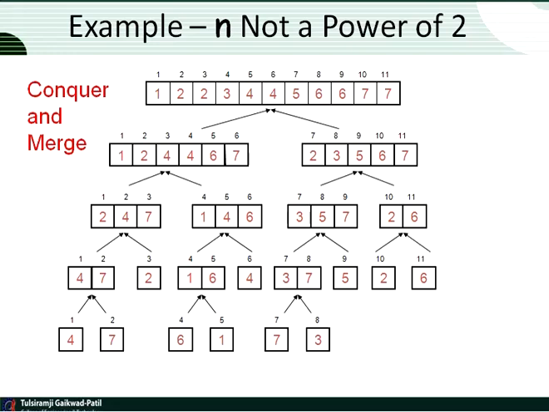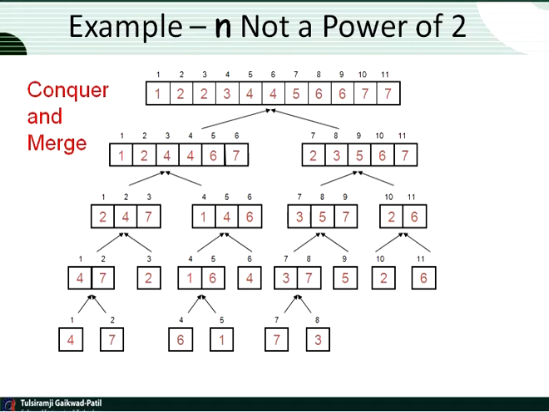So 4 7 is compared with 2. Which one is smaller? It will be merged together to get a complete list of 3 elements, where 2 4 7 will be your answer in that case. 1 6 is compared with 4, so accordingly if we merge it together to get the complete ascending order list, we'll see 1 4 6. On the right hand side 3 7 is compared with 5, we'll get the list 3 5 7, and 2 6 are compared with each other, and we'll get the list 2 6 as it is. 2 will come first and 6 after that.